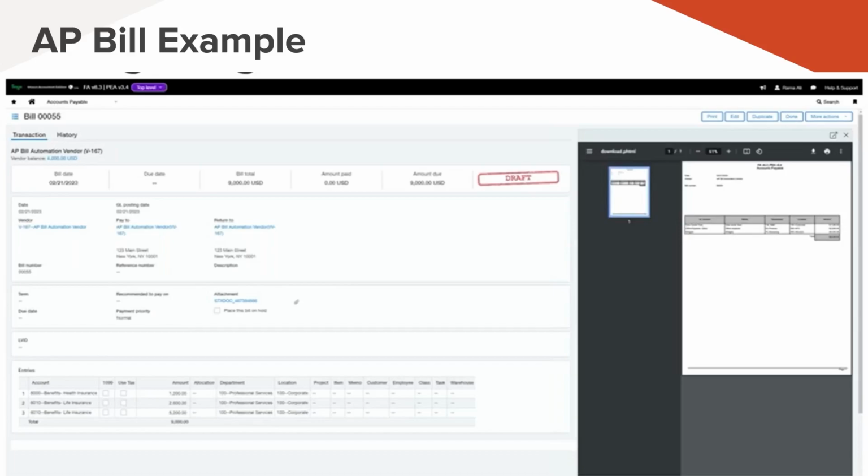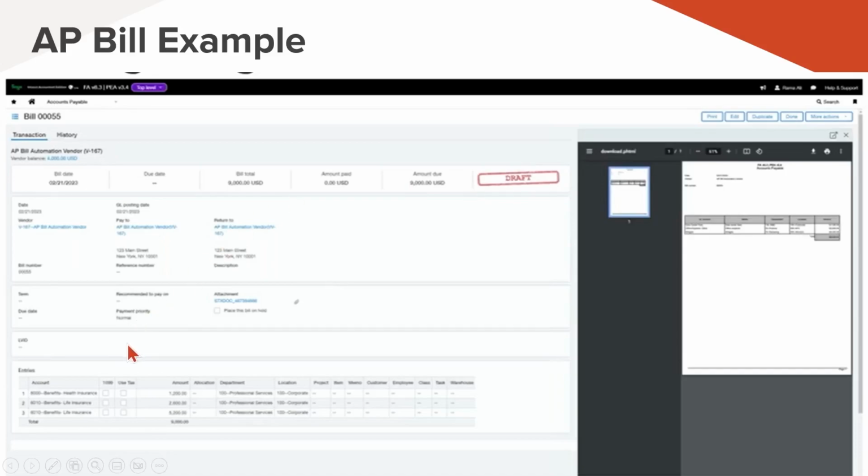So here's an example of once you put it in place, what happens. The bill will come in, and you'll have a bill entry screen. If you turn this view on in accounts payable configuration, you can see the AP image right over here. So you can start drafting the bill while you're looking at the image. It doesn't require two monitors. You can have it on one screen split.